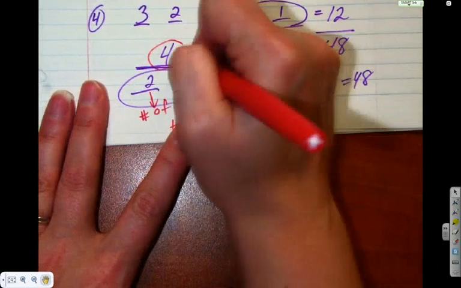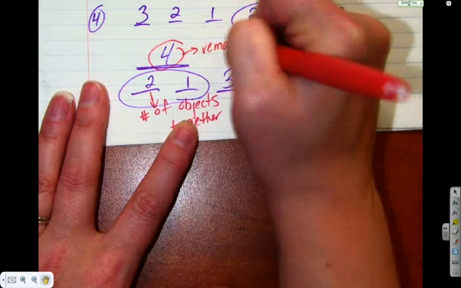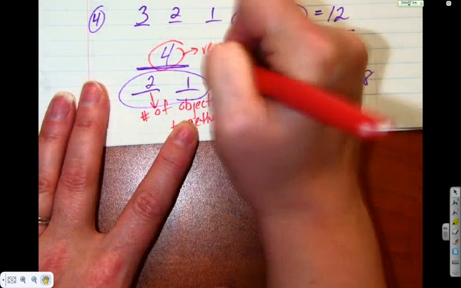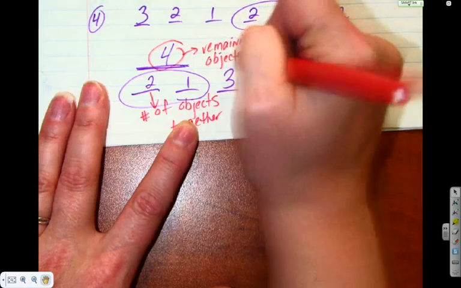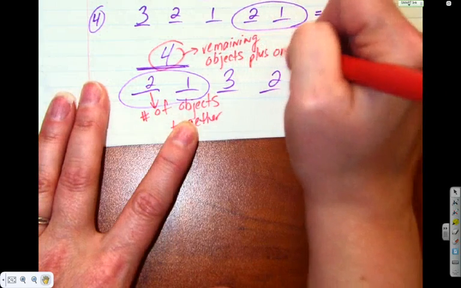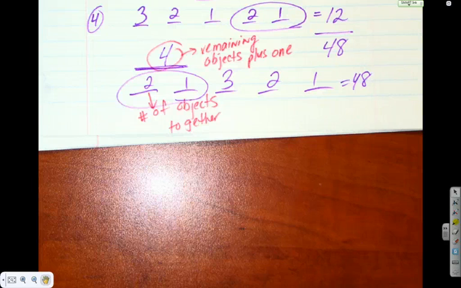And this up here is the remaining objects plus 1. And all that plus 1 is doing is taking those 4 cases and just smushing it down into 1. If your brain likes the long way, do it the long way. If your brain gets the short way, do it the short way.